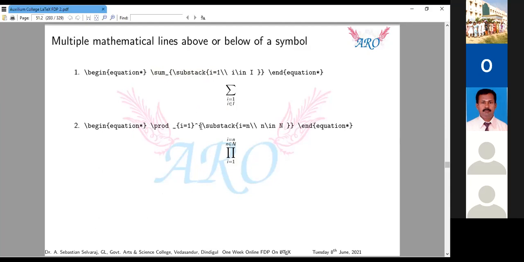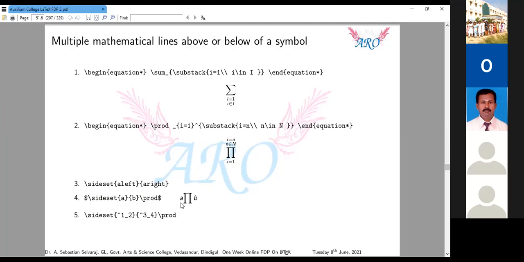So instead of sum, use the product, subarray for superscript also. Here this underscore is used for subscript. Here the cap symbol is used for superscript. Remaining are the same. Suppose you want to get output like this, product of A, product of B. We have to use the option sideset. First one is the left-hand side, second one is the right-hand side, followed by the mathematical operator name. PROD is nothing but product.